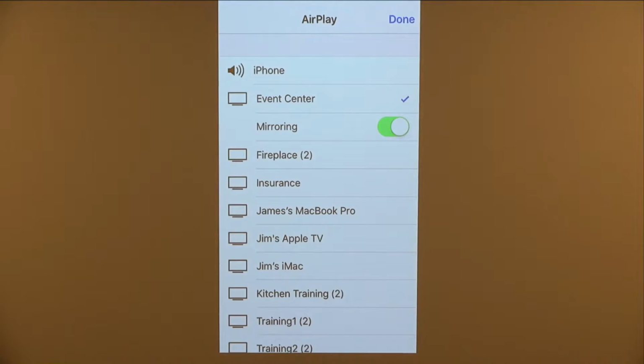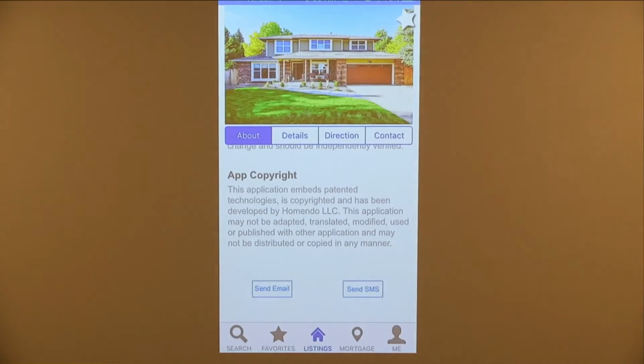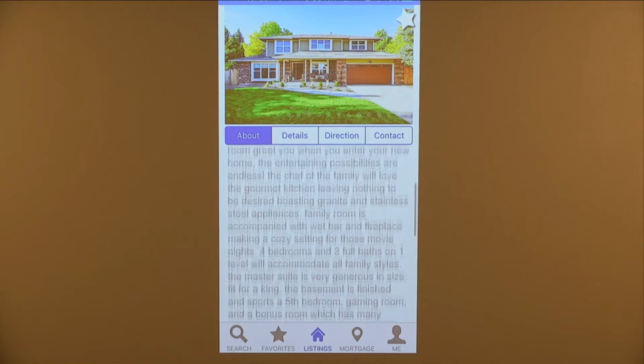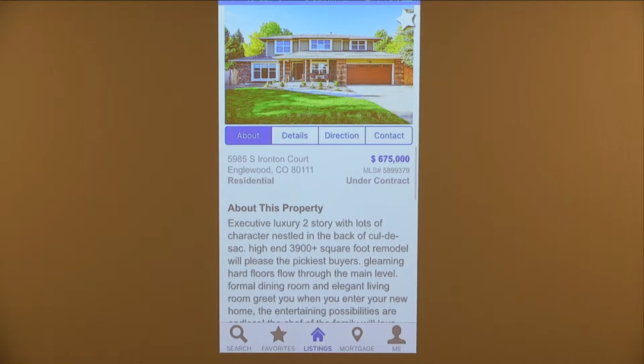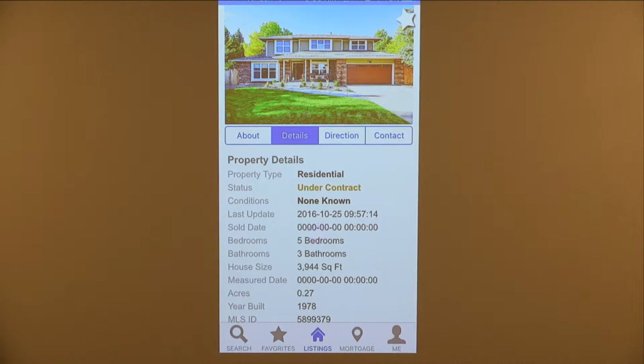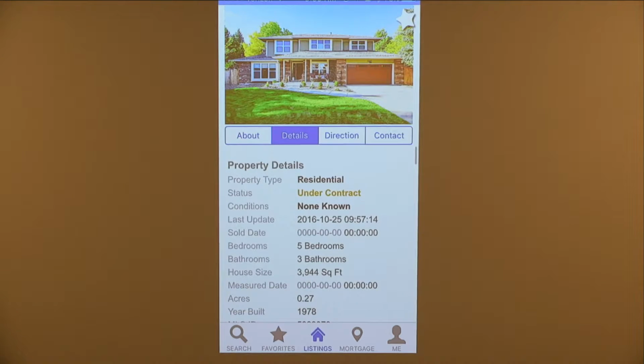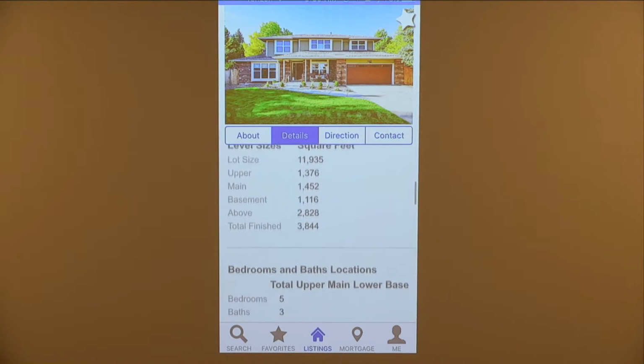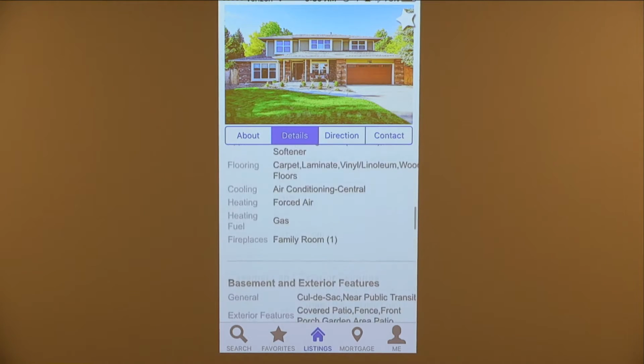So I'm going back to the event center, so I'm on again. So I can send the email or that from the About page, and it has all this information about the page. This is the public remarks that starts the property, gives you the address, the MLS number, that it's under contract, gives you the detail page. So this is all the information that the consumer would still get. Financial information, the size of the bedrooms, all the bedrooms information,